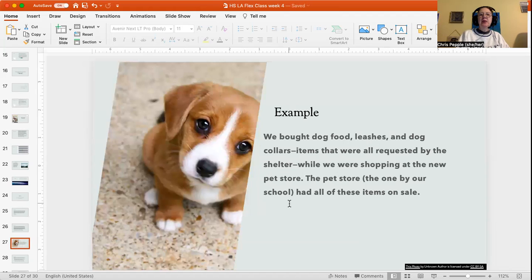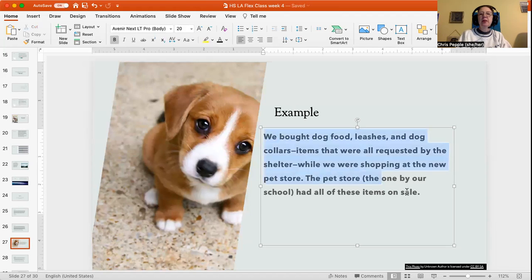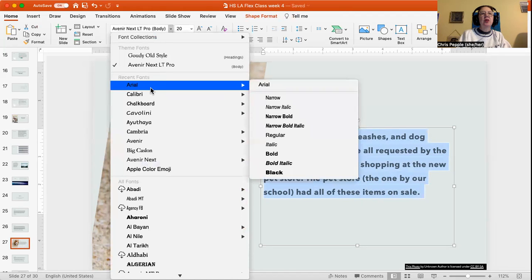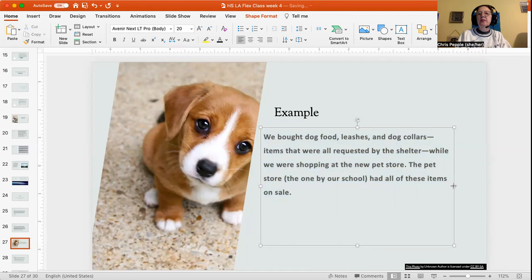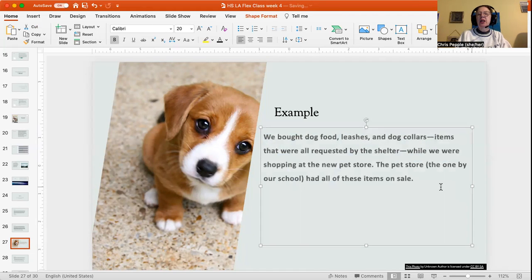I'm going to give you an example. And I know with this font, I wonder if I can pick a different font here and if it shows longer. There, this shows it as the longer dash. And there's no spaces around dashes in a sentence. It's word dash word, no spaces.